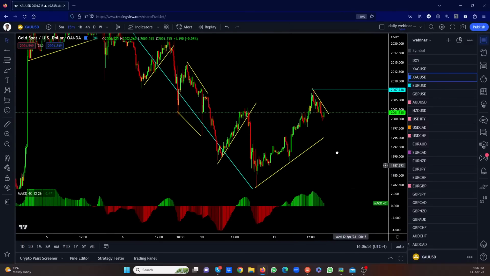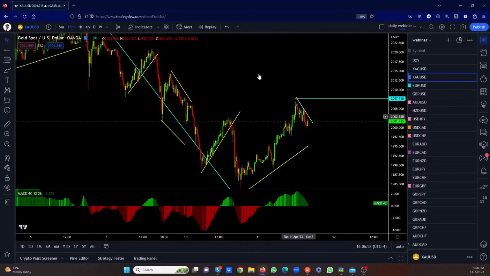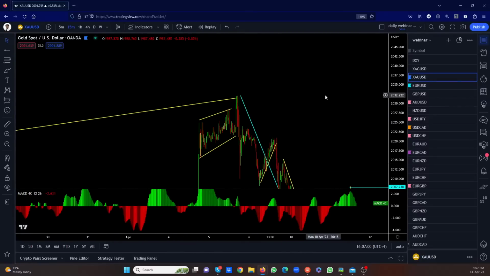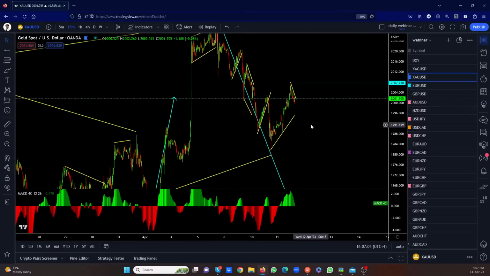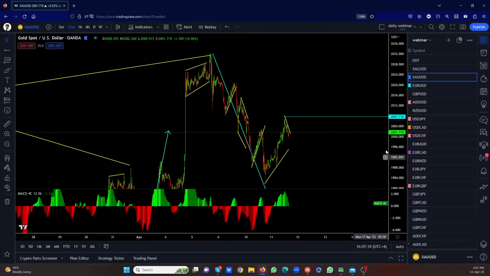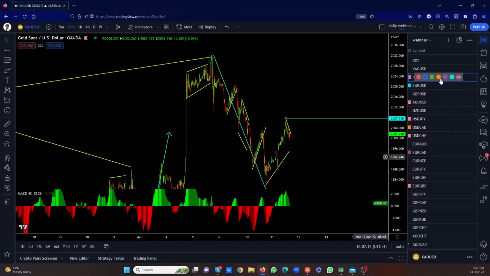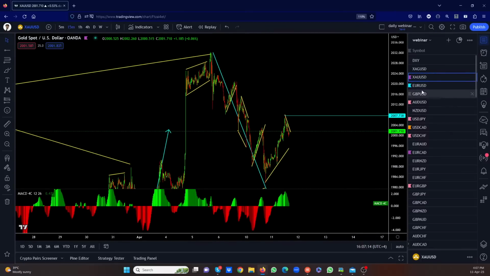You'll have to use a stop somewhere here, and the target would be all the way above this top, way above that top. Now, if this comes down deeper, we would change that entry order, and we will change where the stop goes as well. So for now, that would be the trade if it's going. So I'll put this as a buy setup, and we'll see how that goes.